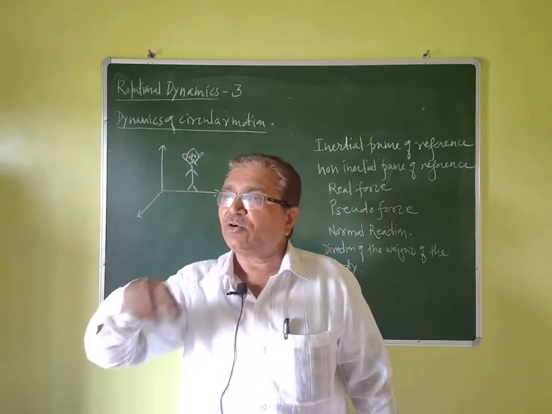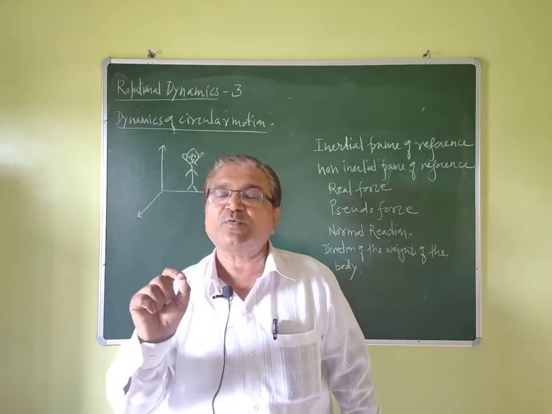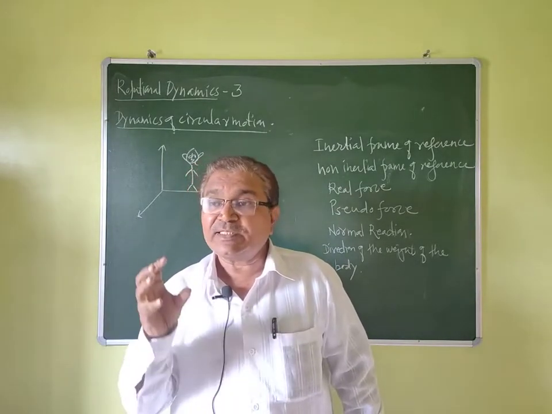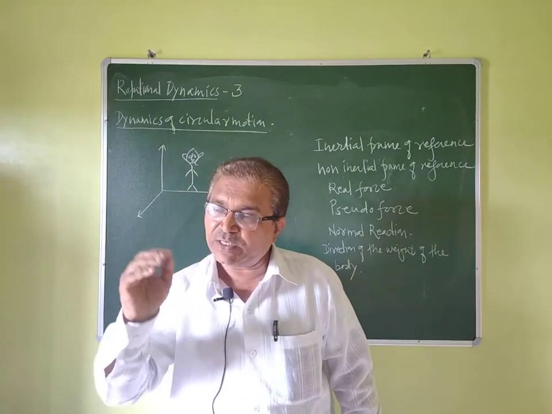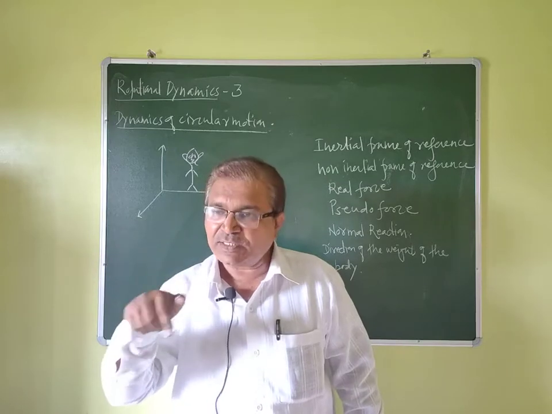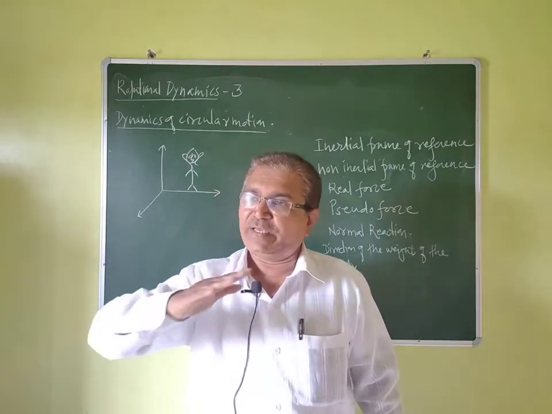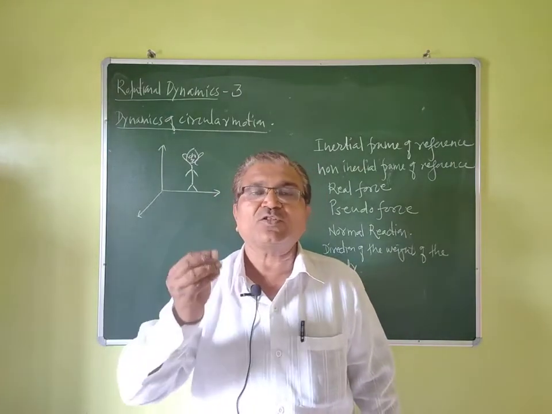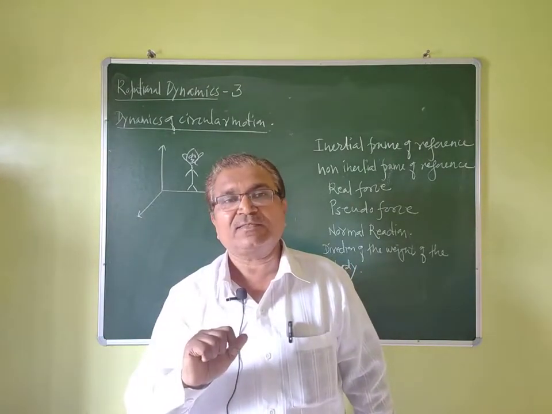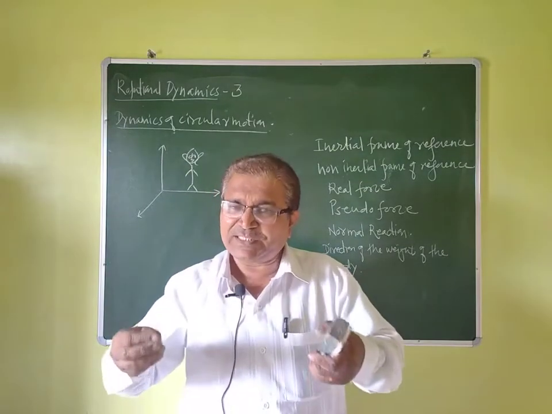In an atom, the electron is revolving around the nucleus because of the electrostatic force of attraction between the positively charged nucleus and the negatively charged electrons. So this electrostatic force of attraction between nucleus and electron, due to which the electron is revolving, is a real force. A vehicle is running over the road because of the frictional force between road and tire. This frictional force is called a real force. It has some physical existence.